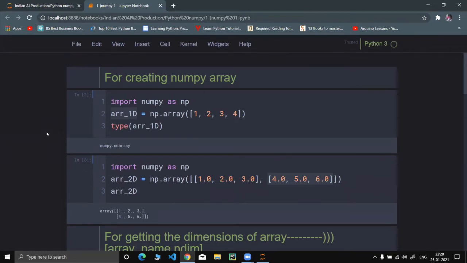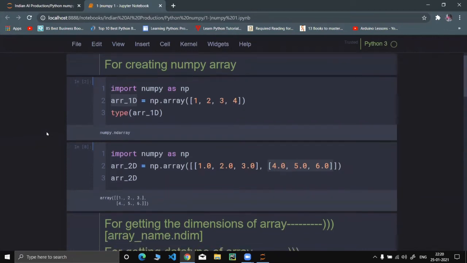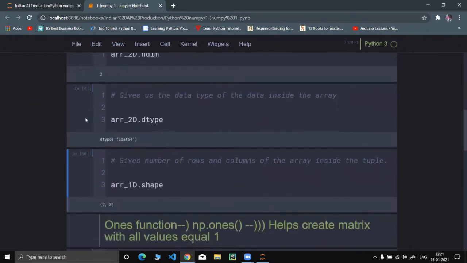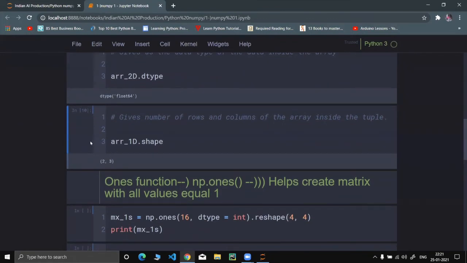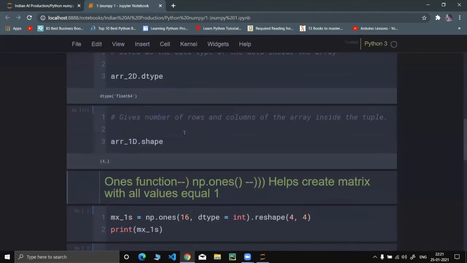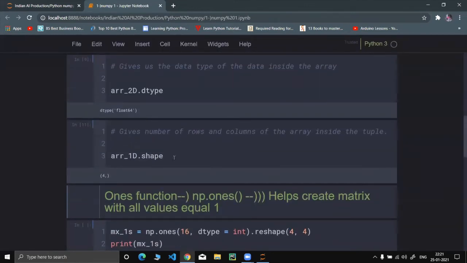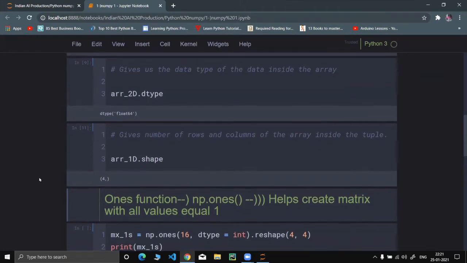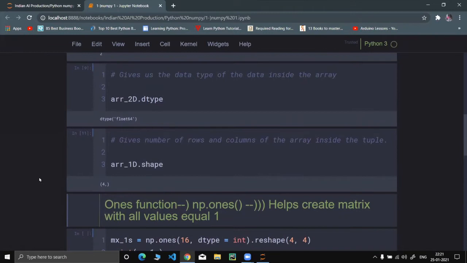It will be only printing the columns, I think, not rows. But what actually would be the output of this command? Maybe 1 cross 4. Exactly, 1 cross 4. So you have 4 columns and a single row.